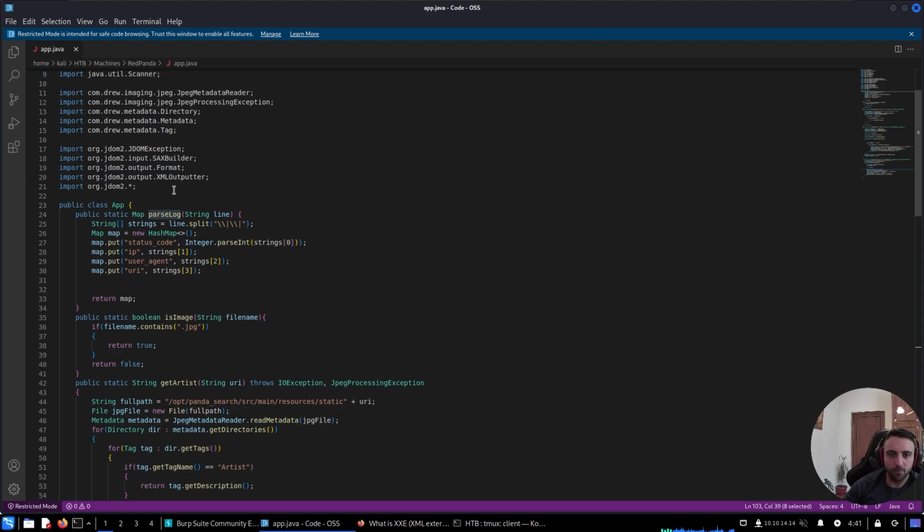And if we go to that parse walk there, we can see it using a hash map, and it splits the file based on 2 slashes, then uses a new hash map, and in that hash map it defines 4 variable status code, IP, user agent, and URI based on the parse. So most likely from that output we can see that we are working with a walk file based on that